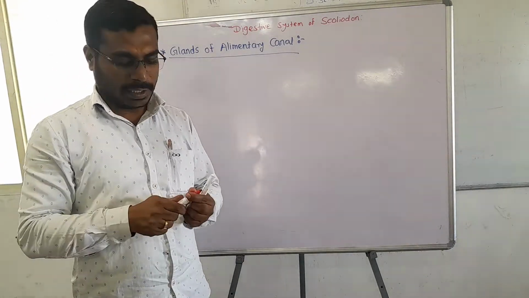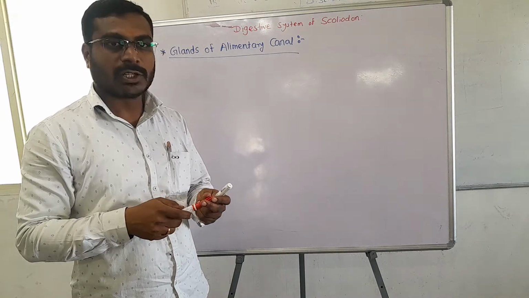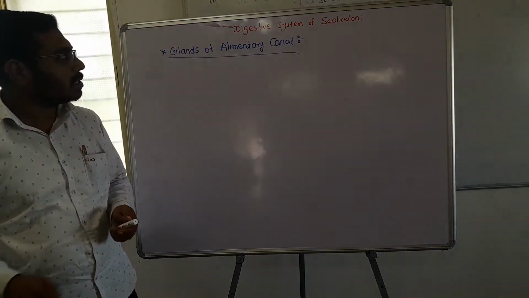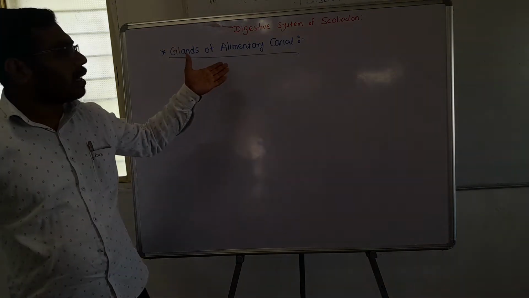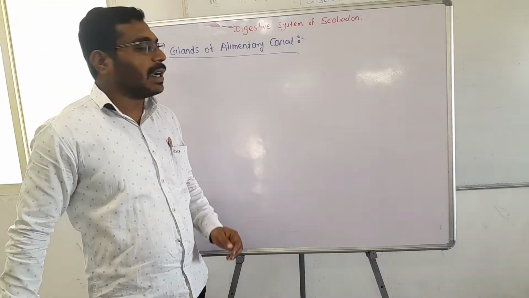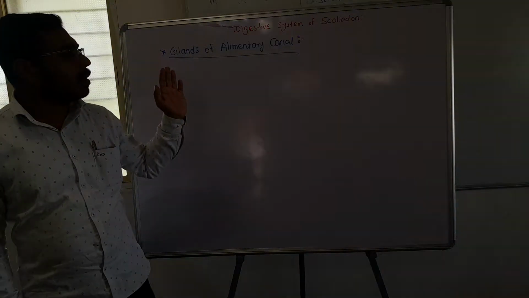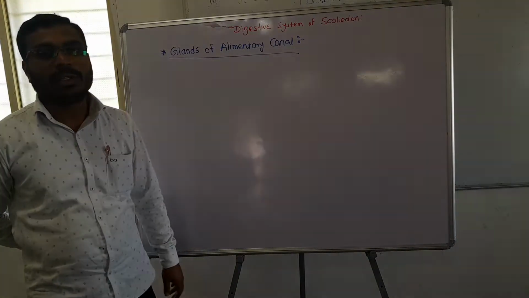Yesterday we studied its digestive system and its structure. Now we have to study which types of glands are present in the alimentary canal of the Scoliodon